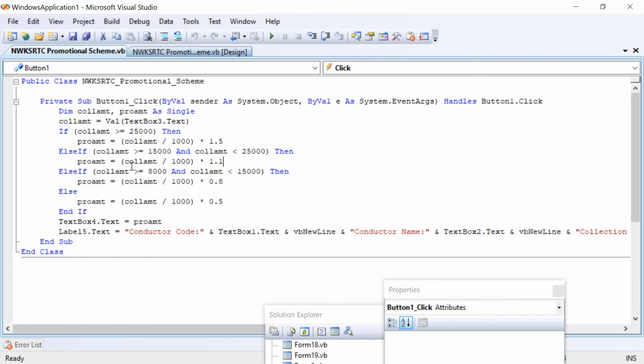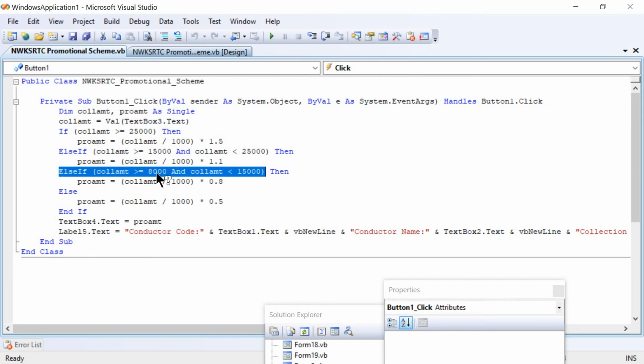Right. Next, regarding the third condition, that is below 15,000. Coming to the third condition, else if collection amount is greater than or equal to 8,000, that is, equal to 8,000, above 8,000 and below 15,000 will come under this particular parameter.